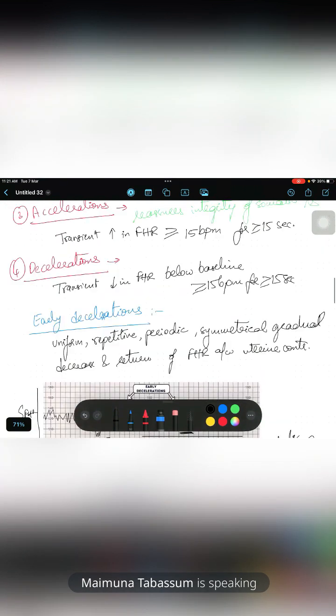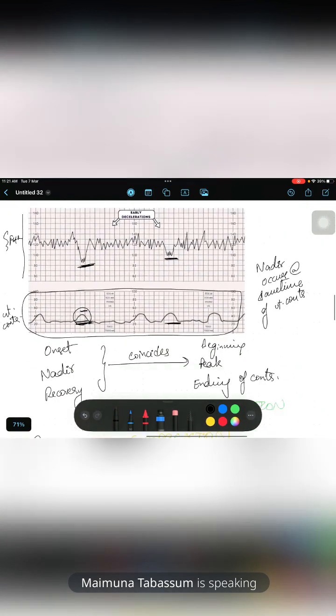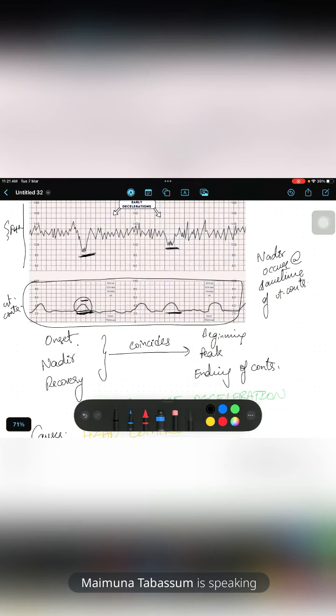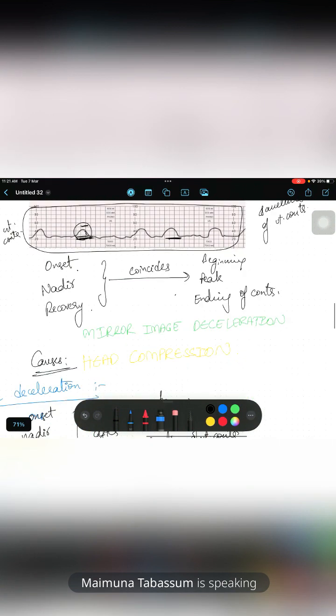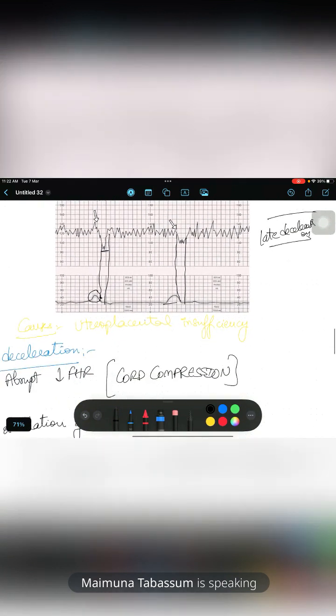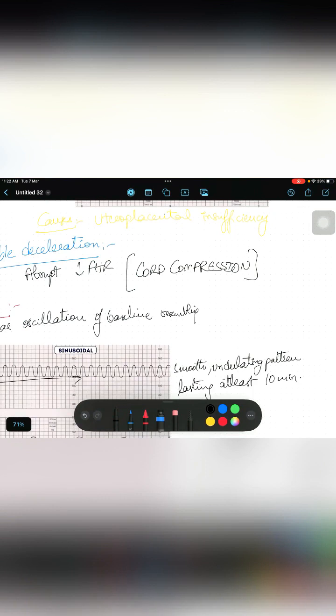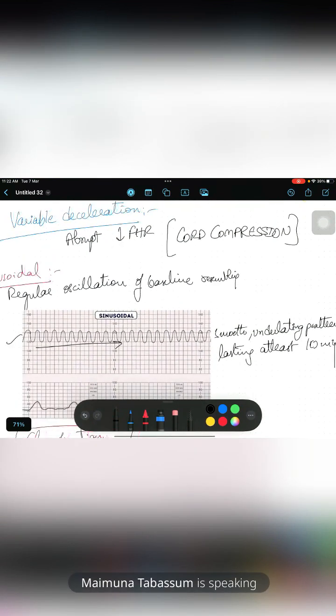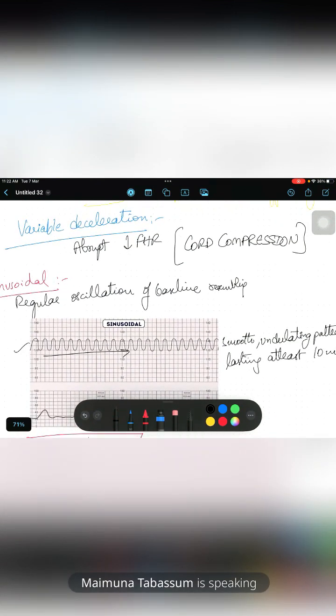In decelerations, we'll be having early decelerations. In the early decelerations, onset, nadir, and the recovery coincide with the beginning and peak of the uterine contractions. Cause is the head compression. Late is the onset, nadir, and recovery, they occur after the uterine contraction. There is the beginning, peak, and ending of the uterine contraction. Example is uteroplacental insufficiency. Coming to the variable deceleration, there is an abrupt decrease in the fetal heart rate, that